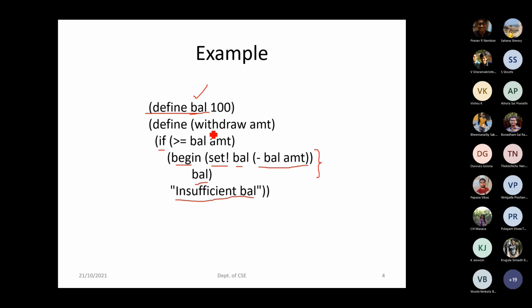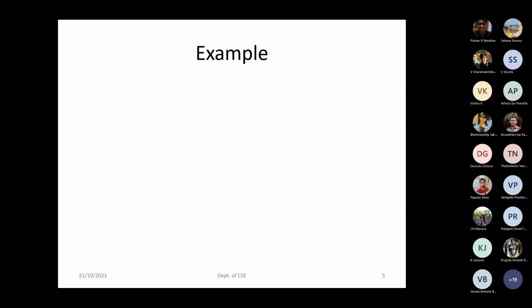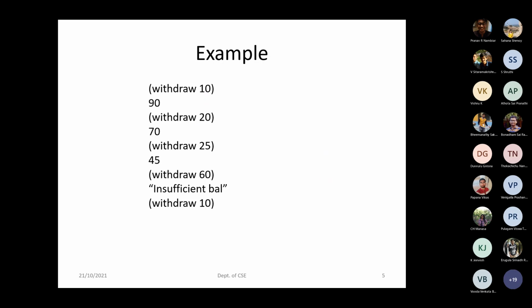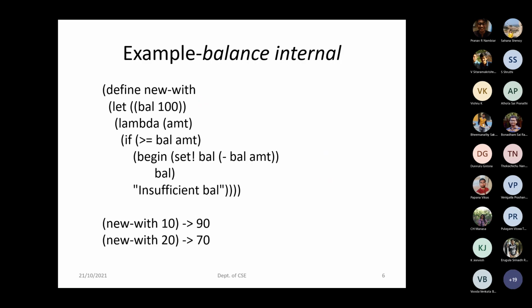That means whenever it's a global variable, it's not safe enough to use it, right? So better what we have to do, it is better if you can make it a local variable. Then how can we make it a local variable? So when we think about making it a little more secure, how can we rewrite this procedure?